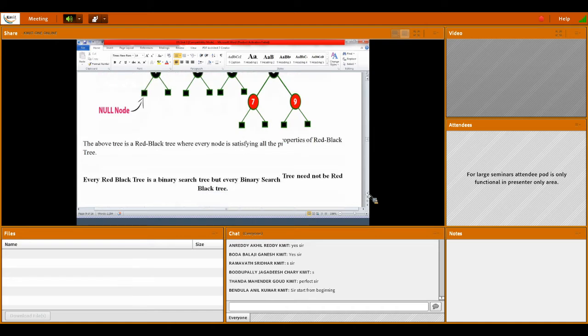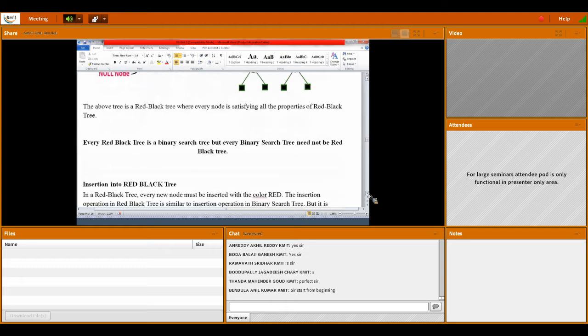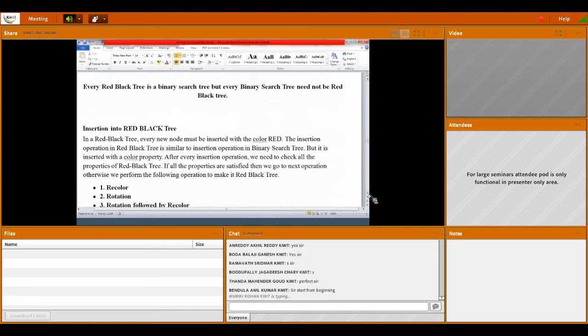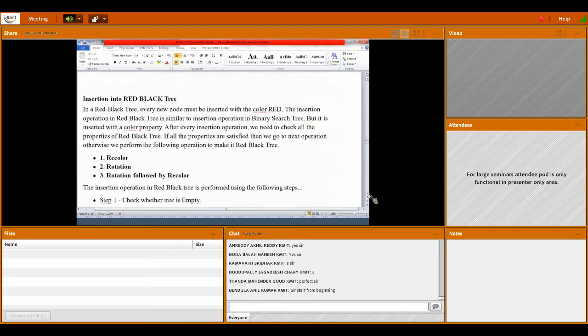So now we'll see operations. The first one is the insertion operation. So you should understand what is red black tree, and after that what are the properties it should satisfy, and now we'll see insertion into red black tree. In a red black tree, every node must be inserted with color red only.